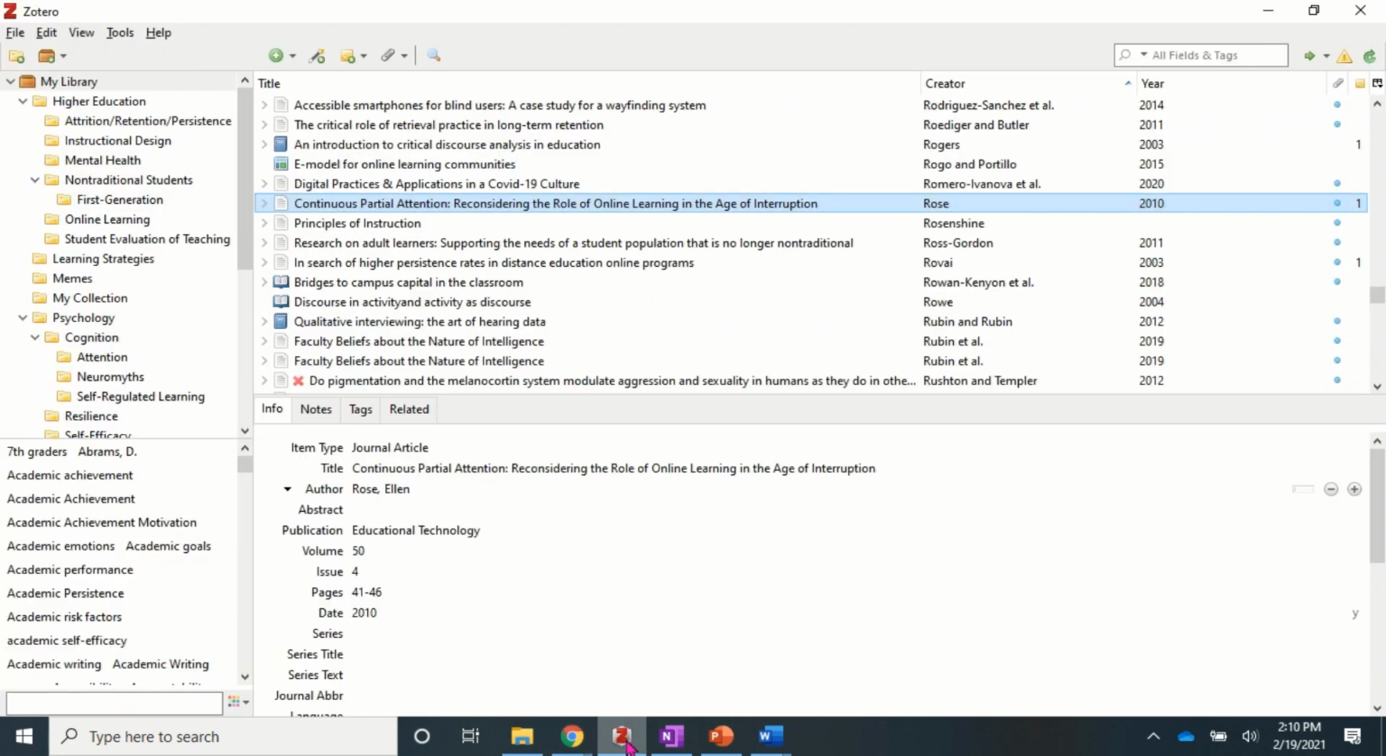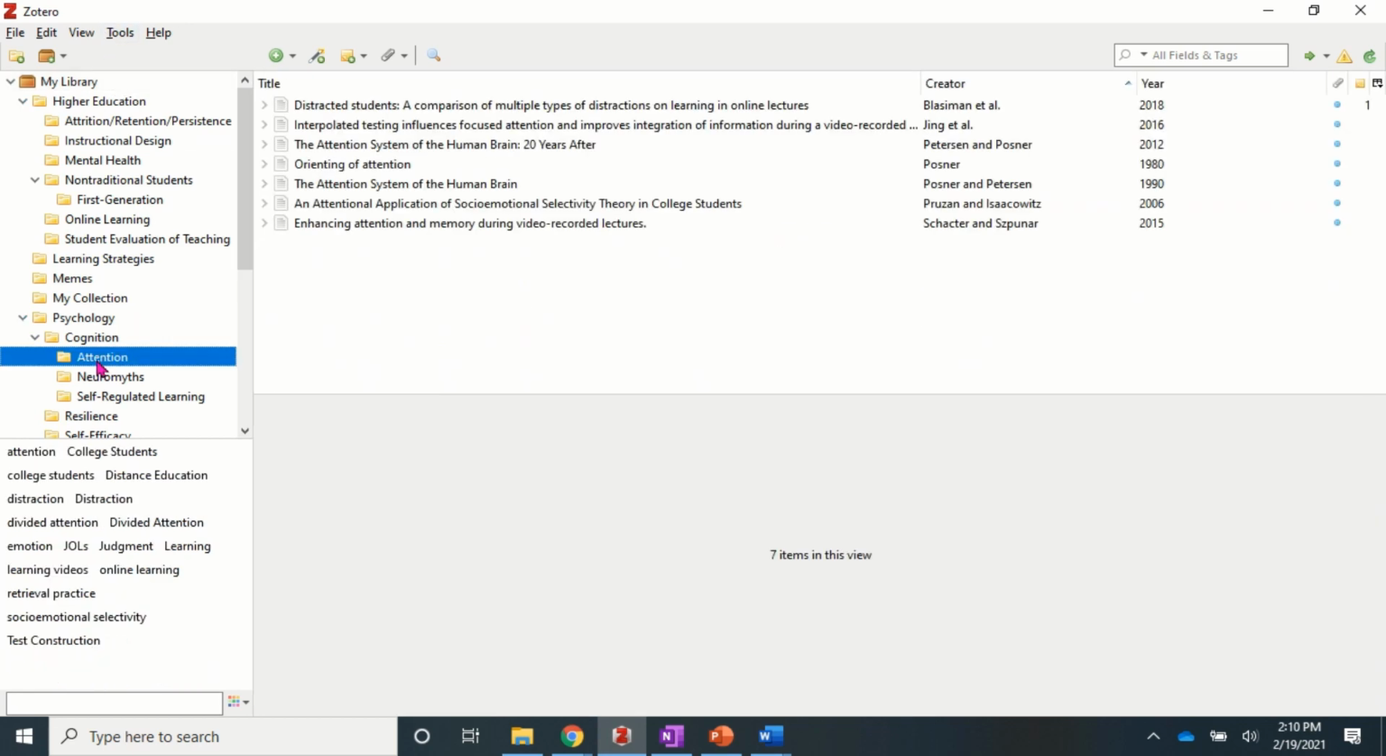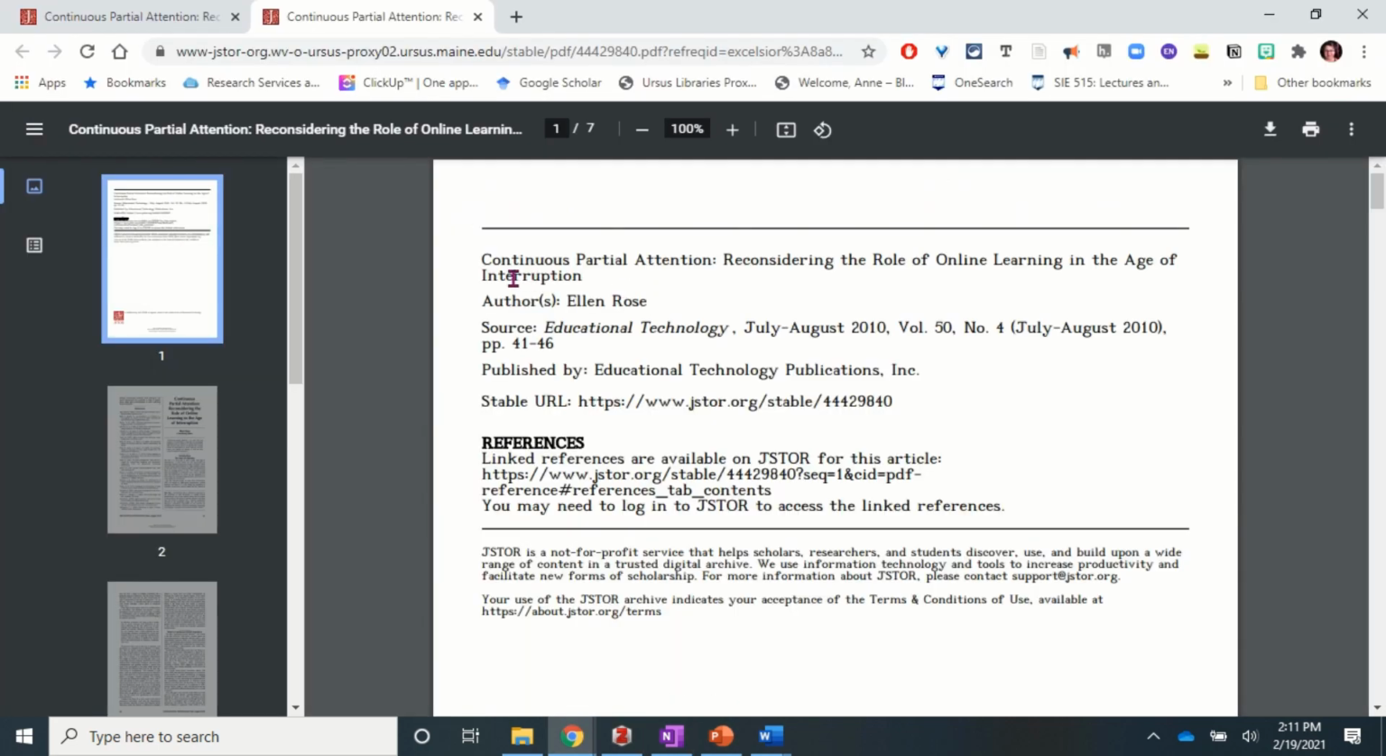And I'll go back to Zotero, and here it is, that Rose article, and it's in my library. It did not go in here because I changed the location of where it was going to go. So using the browser plugin is a really simple way to add a reference that you find online to your library. And this reference button can be used to capture any type of content, including videos, websites, news articles, or